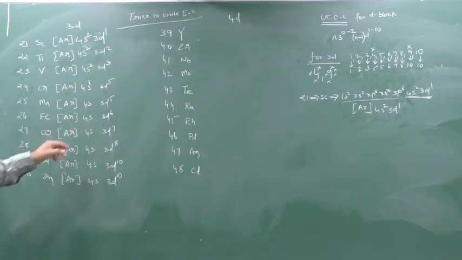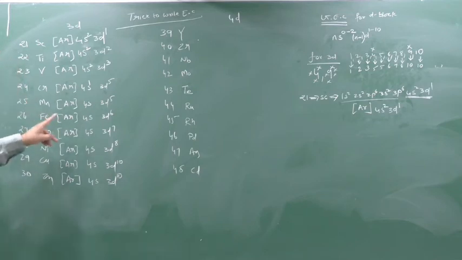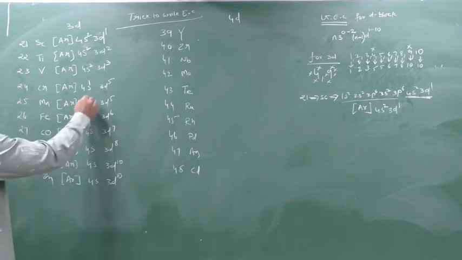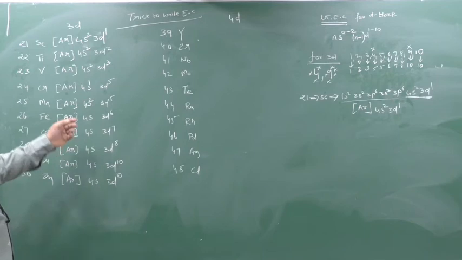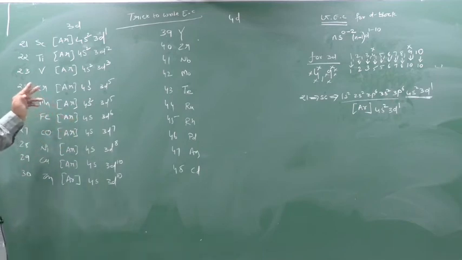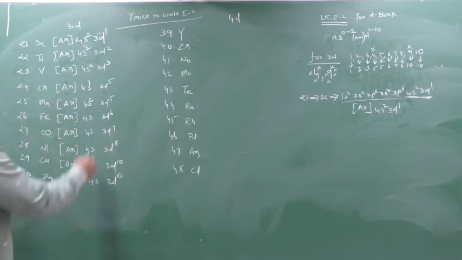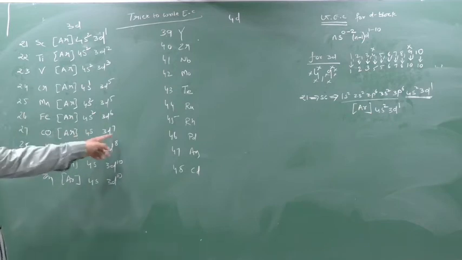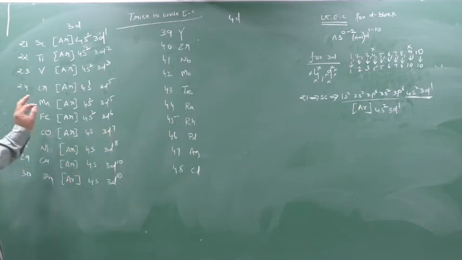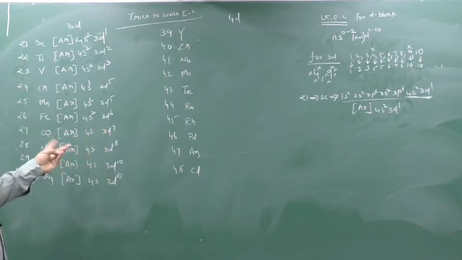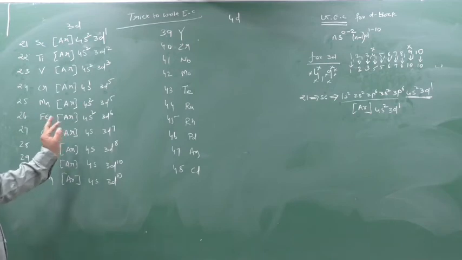18 plus 5, 18. So 19, 20, 21, 22, 23. So 23, but the number is 25. So how many required? 2. 18, here 6. 18, 19, 20, 21, 22, 23, 24. Here how many? 2. So 26. 18 plus 7. So 18, 19, 20, 21, 22, 23, 24, 25, 26. Sorry, this is 18 plus 7.